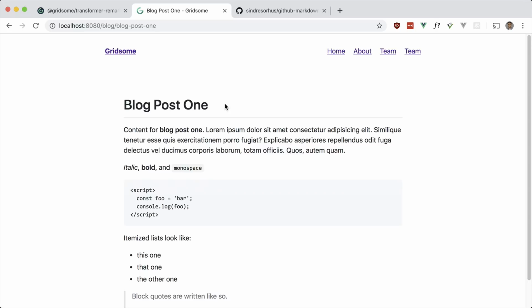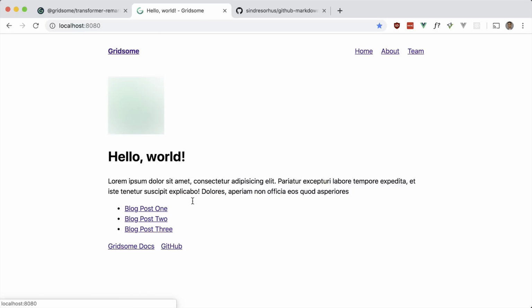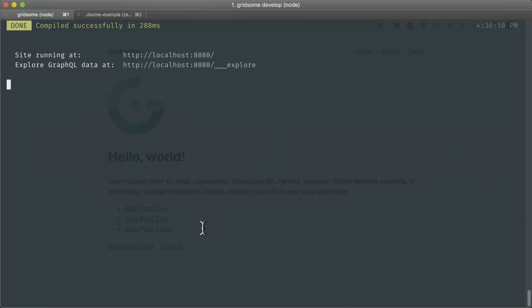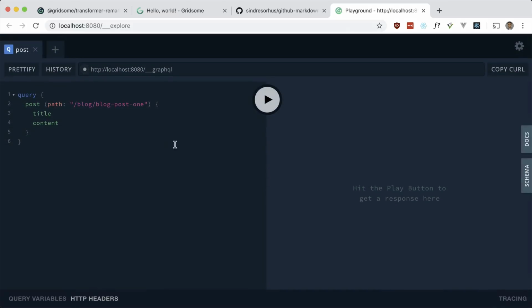Okay, now I want to make the blog roll dynamic. So before we had this, and we had to add a new blog post manually every time we made a new file. But now, since everything is in our GraphQL, it's a bit more dynamic and we can do it automatically. Okay, so let me just bring back my GraphQL Explorer. It's going to slow down my computer, but just to show you the query that I need,